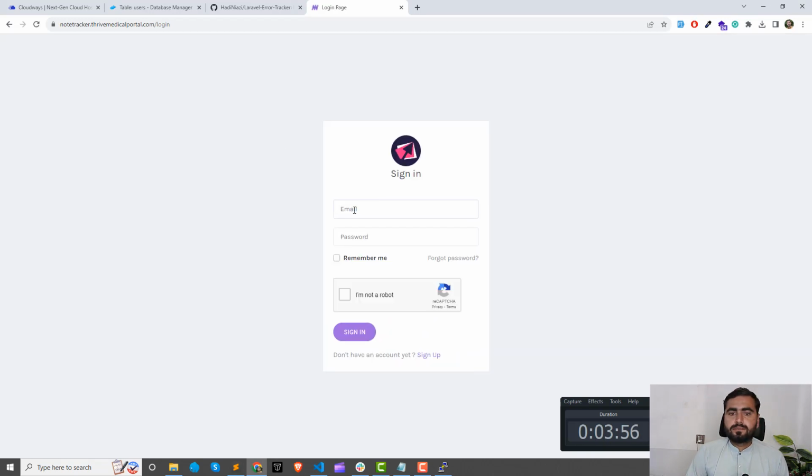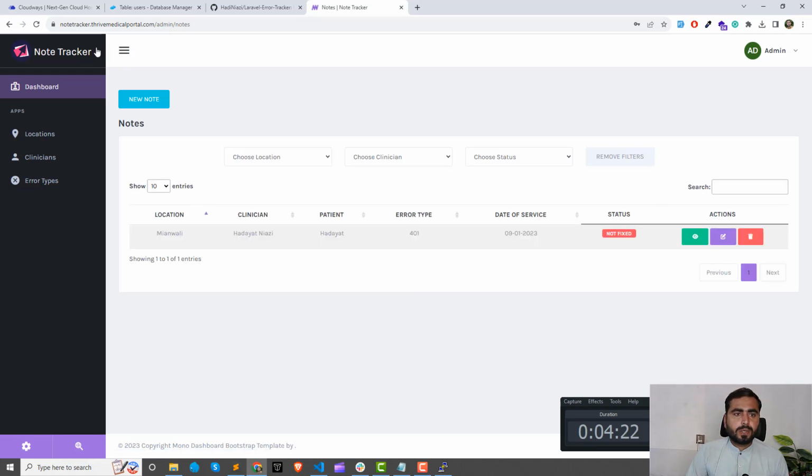and it kicked me back because I changed something in the env file. When you change something in the env file it wouldn't log you out, but when you change your application name, it's going to log you out. Admin, add the credentials, password. I'm not a robot. Click on sign in, and yes, I'm logged in and it is now visible as Note